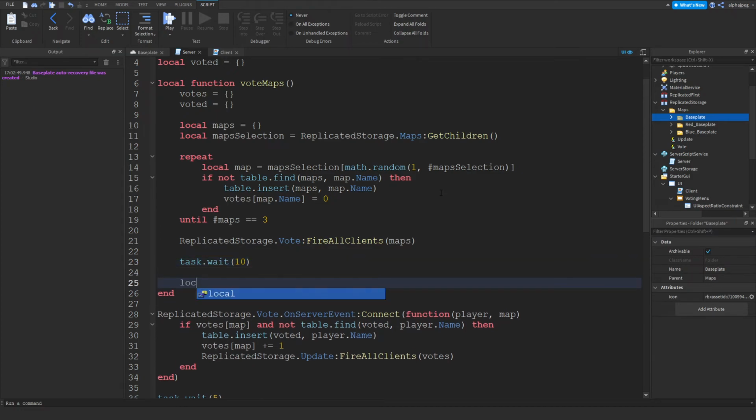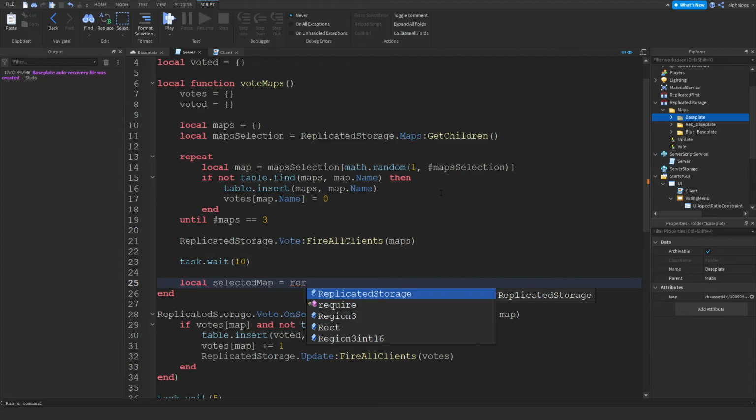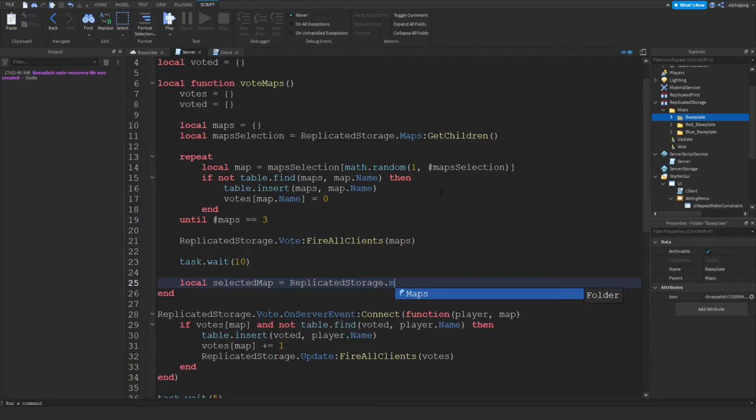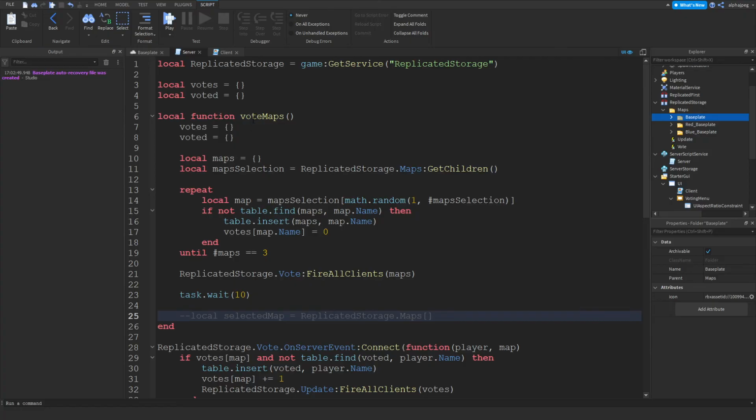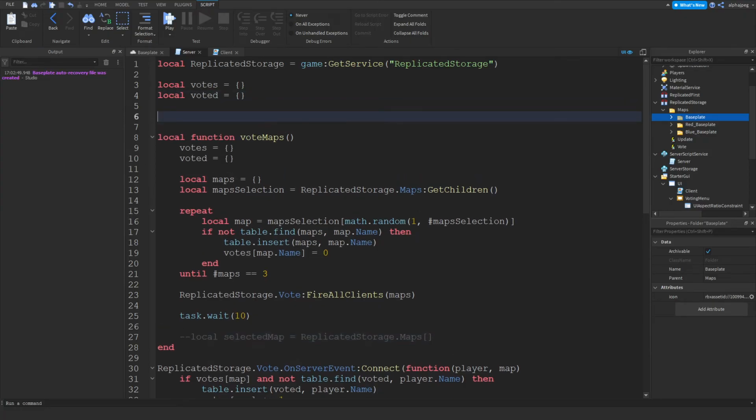After 10 seconds, let's get the highest voted map and spawn it in. So selected map equals ReplicatedStorage.Maps, and then we want to get the highest map. Now I'm actually going to create a function for that. So for now I'm going to comment out this line of code so it doesn't interfere with anything else, and I'm going to go back up here and create a function, and I'm going to write local function highestVote,